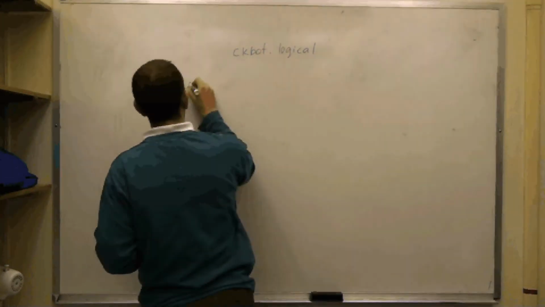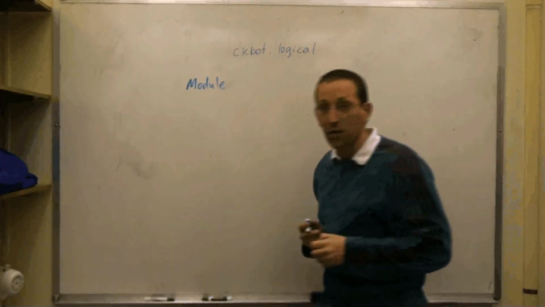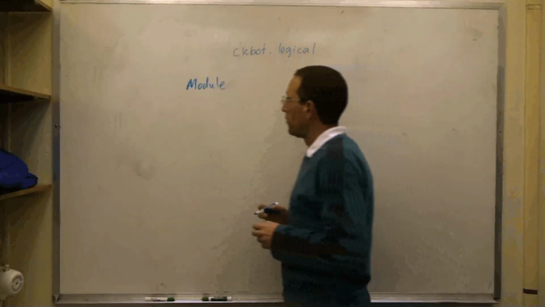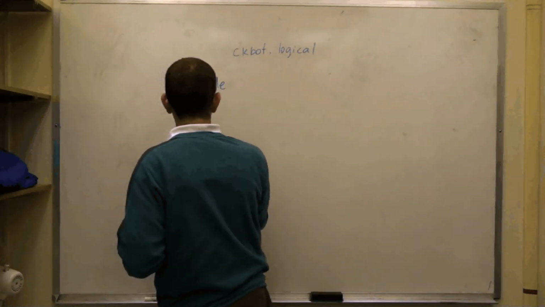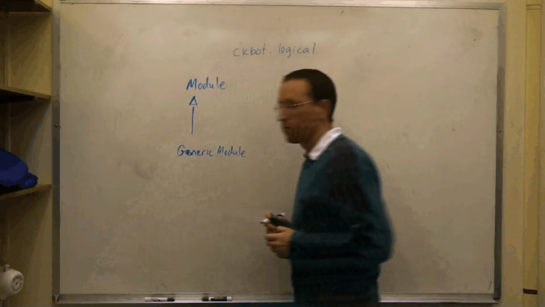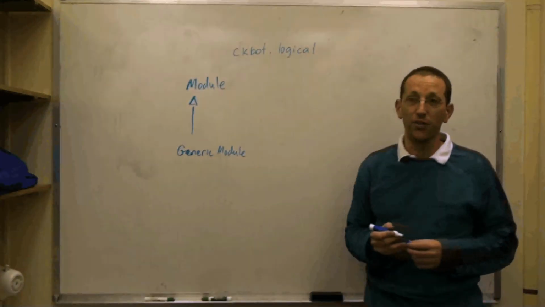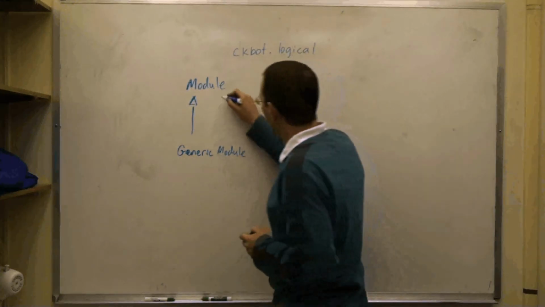So there's a module class, which is an abstract superclass in logical. And from module we inherit, first of all, generic module, which is what we use to represent any kind of module we don't actually identify properly on the bus, and